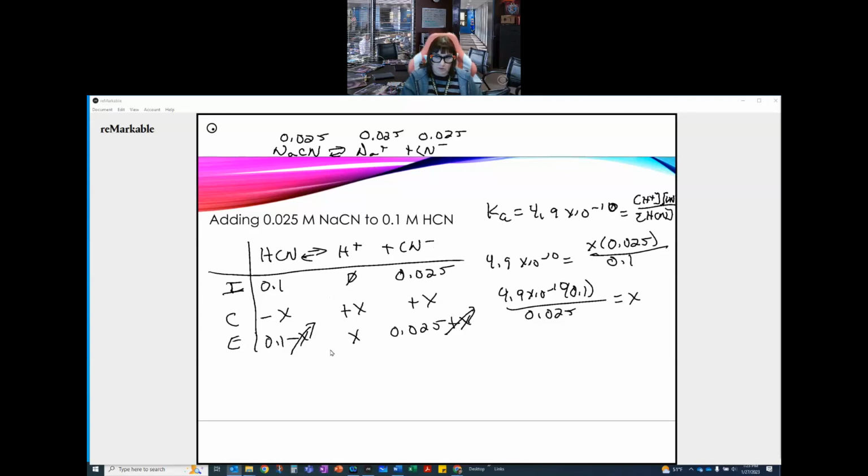And so I take my 4.9 times 10 to the minus 1, I multiply that by 0.1, and I divide that by 0.025. Okay, awesome. That gives me,